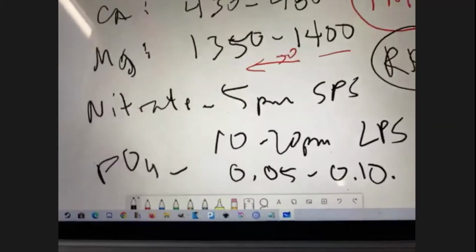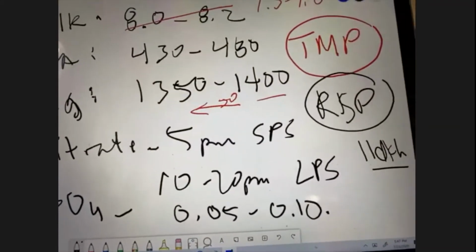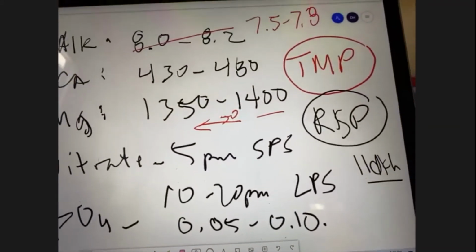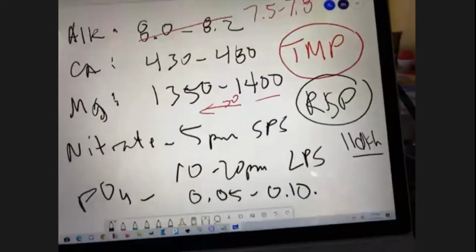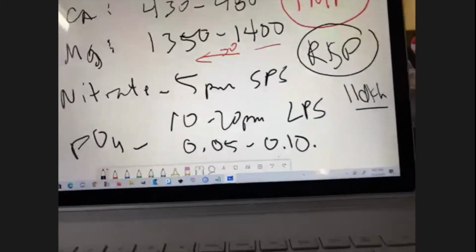Okay, all right, I think that's pretty much what I wanted to talk about with water parameters. Oh, one more last thing is,